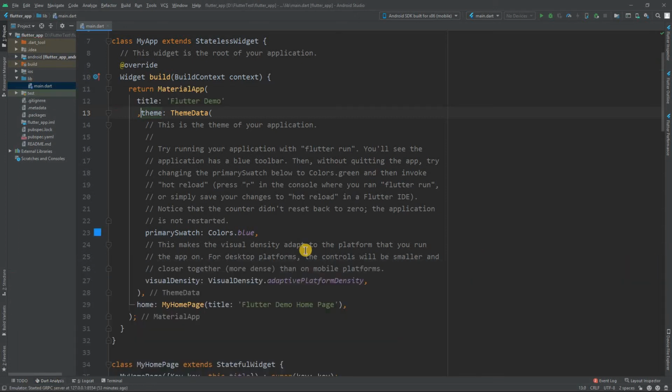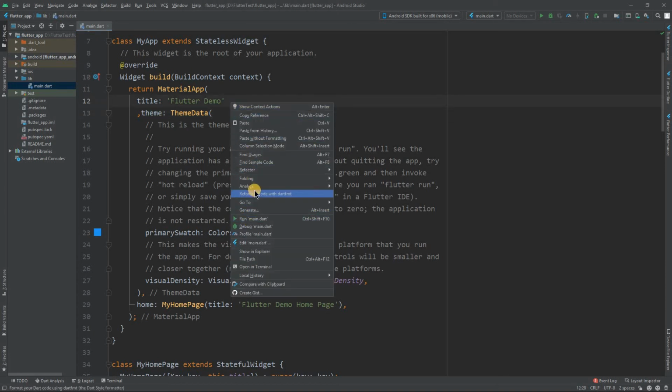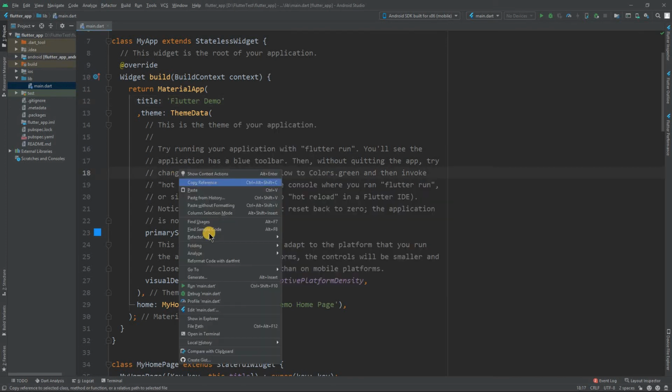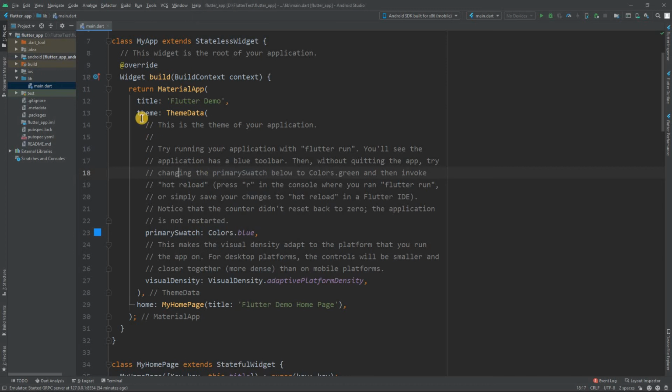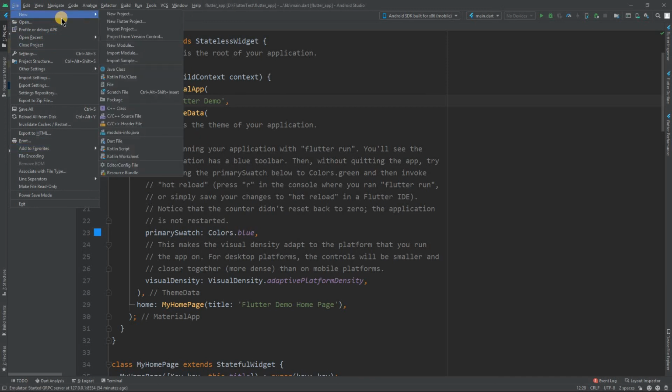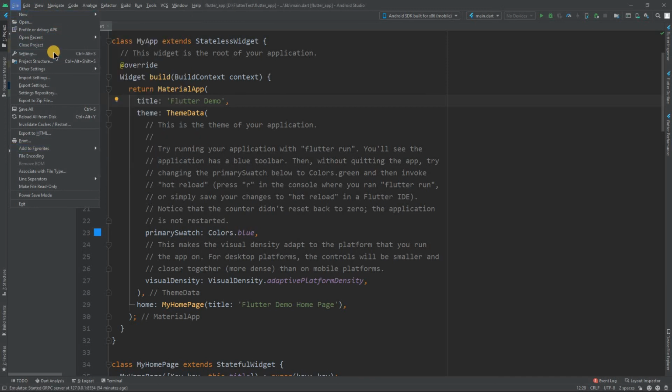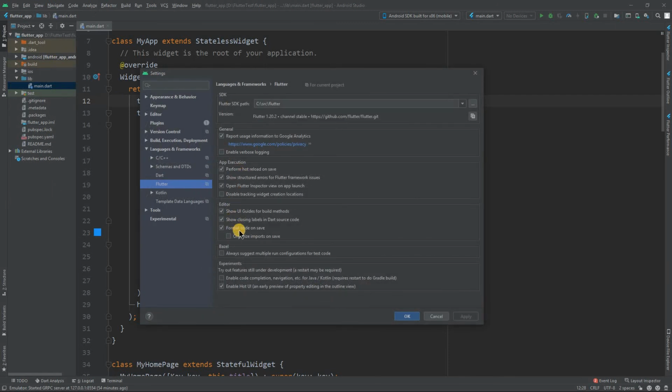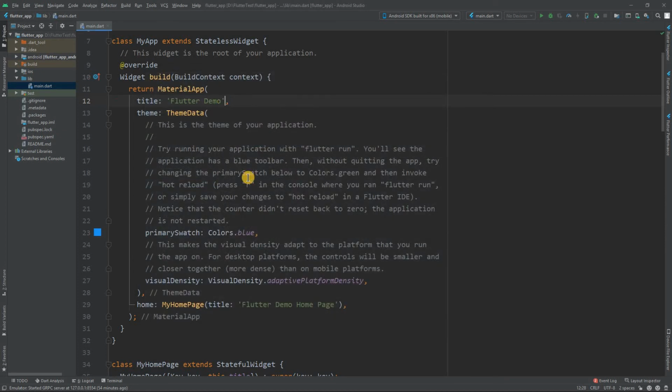Now if I save, or if I reformat the code with Dart fmt, then the code will be reformatted as it should look. Once again, as we have ticked in the preferences or settings section that it should be reformatted when we save, let me show you, just enter.